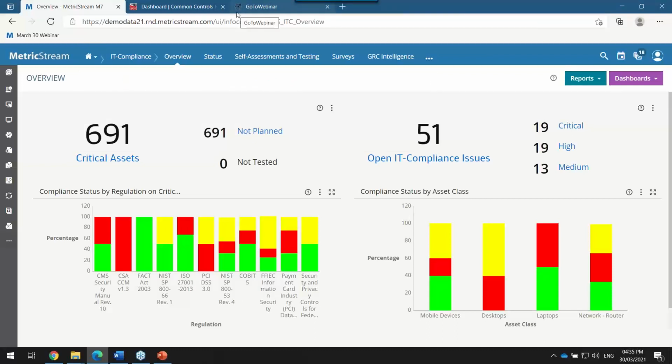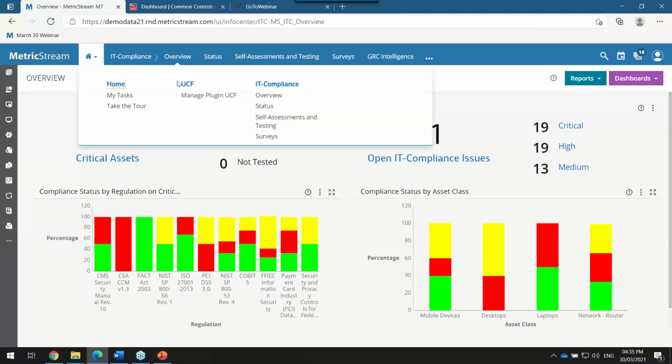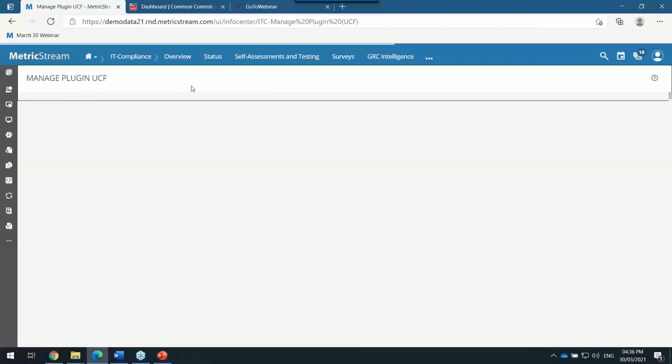So if you think about it, MetricStream is a cloud platform offering GRC solutions, compliance solutions, risk solutions, policy, internal audit solutions, regulatory change management, engagements, and so on. So going back to the topic of the content of the areas of compliance, or could be controls or requirements as such, bringing in content from UCF is a seamless experience.